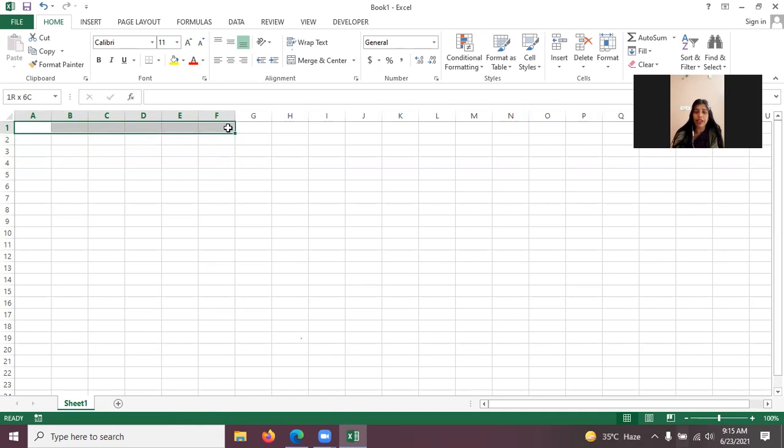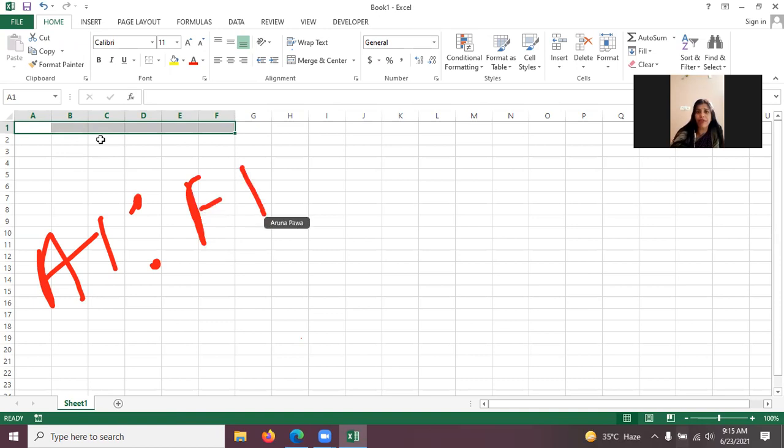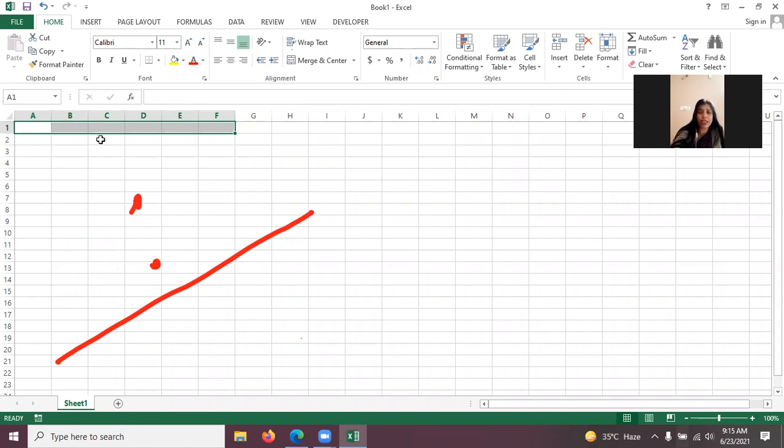Okay. What is a cell range? How do we define the cell range? A cell range is always defined by giving the first cell address, that is A1. If I ask you what cell range is selected here, first cell address, then we put a colon, and then the last cell address. The last cell address is F1, which is selected. So this will be called my cell range, right? Because I have selected all these cells together at the same time. So this is the cell range selected. If you want to deselect this cell range, you just have to click anywhere outside, in another cell.